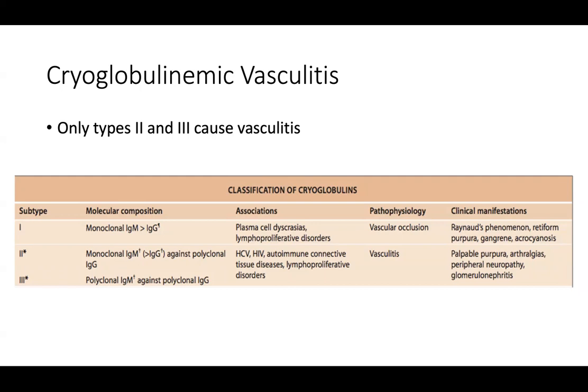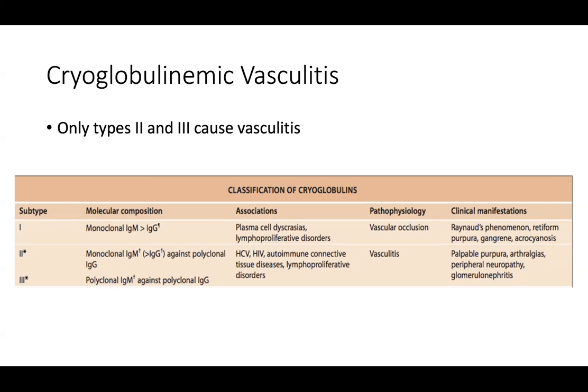So when someone says cryoglobulinemia, you can think about it causing a vasculopathy, which is type 1, or vasculitis, which is types 2 and 3. So in type 1 cryoglobulinemia, you have much more monoclonal IgM than the IgG. And the associations with type 1 cryoglobulinemia include plasma cell dyscrasias and lymphoproliferative disorders. Typically, you'll see vascular occlusion. And clinical manifestations are Raynaud's phenomenon, retiform purpura, gangrene, and acrocyanosis. So if you see those clinically, you're definitely going to want to include vasculopathy on your differential and think about